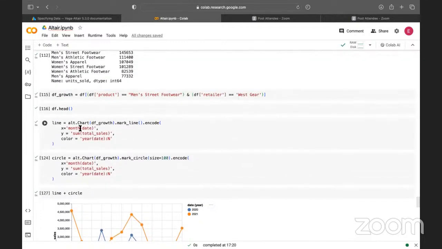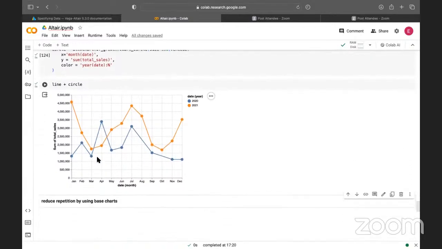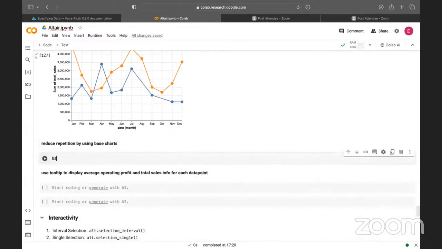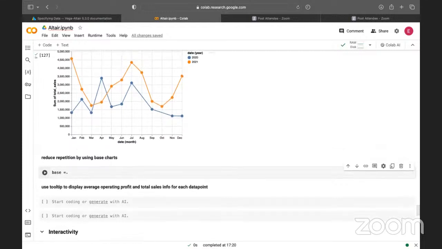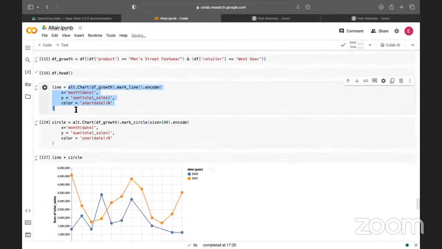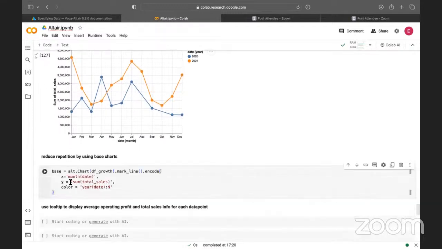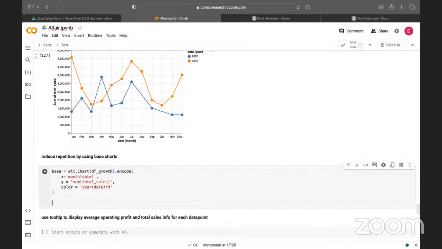So if you take a look at this, you see they are referencing the same X and Y axis. So it doesn't really make a lot of sense to just be repeating it. So we can simply use a base chart that would allow us, let's just copy what we already have. So, okay. So now we'll just remove the mark line, right? Now, this is the base with all of the configurations that we need, the encodings to the X and Y axis. All we now need to do is to